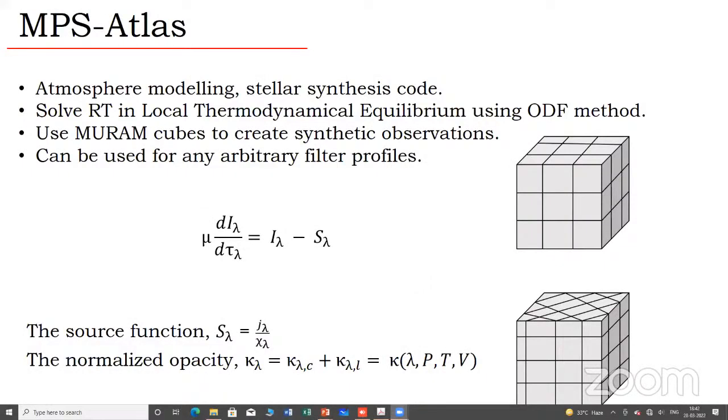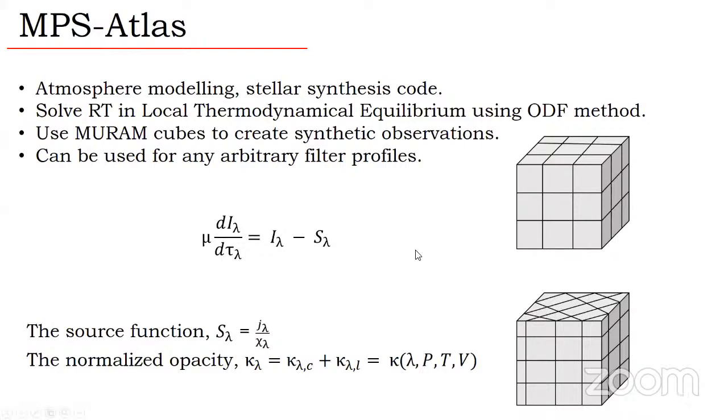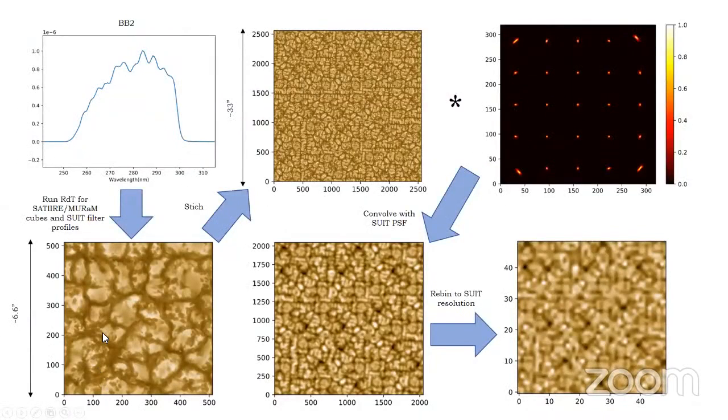Okay, perfect. So in principle, you would get spectra from each of these points, which you can then integrate and add along whatever line of sight one is trying to simulate, and end up with flux maps like this. In this particular case, this map is 6.6 arcsecond in both directions. Then we stitch multiple of these maps up to get a larger map, so that when we try to convolve with the SUIT